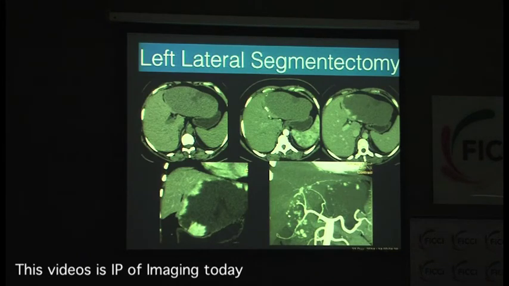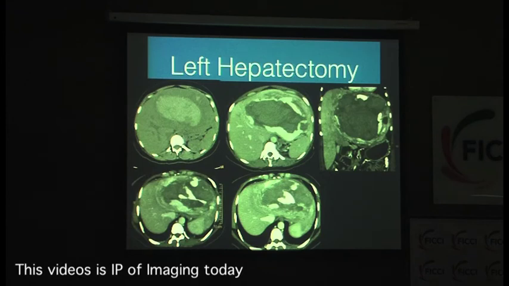Yeah, okay. Can you see the fissure for ligamentum teres? On the left of that is just the left lateral segment. So this patient had a symptomatic hemangioma which we removed. Okay. One chocolate to anybody who diagnoses this correctly.